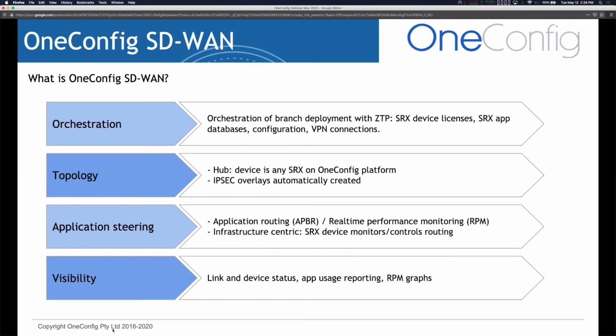So either way, I just wanted to talk a little bit about the orchestration piece that's going to bring all this together into a wizard, and give you a little easier way to deploy a device and to bring it up and online and connect multiple devices together and add all the routing automatically for, this new site is this LAN subnet, and automatically add that to the head end, so I can steer that down the tunnel to get to that branch site that I've just brought online, and then also visibility with the link and device status, as well as app usage